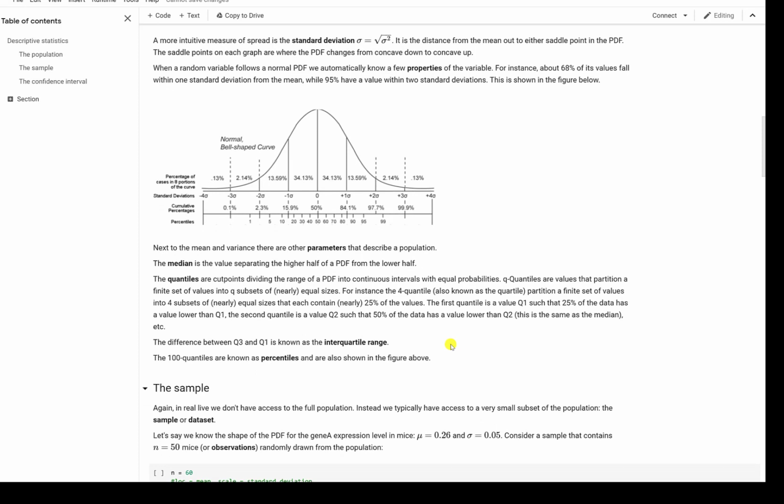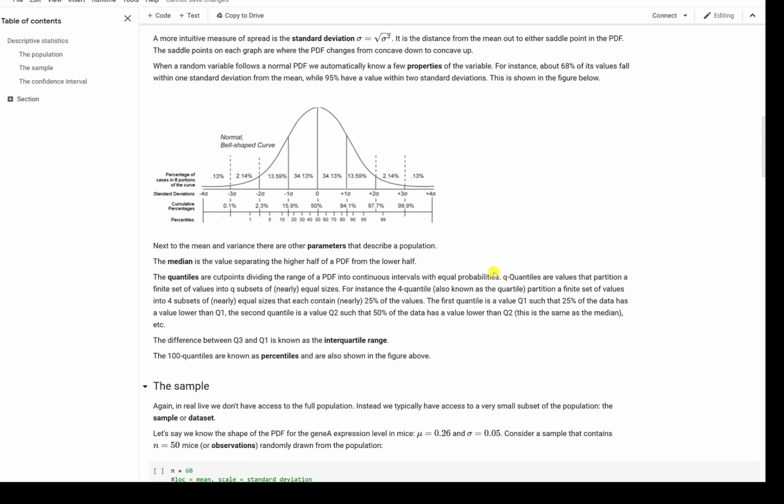Okay, and then of course I was talking about the q quantile. So the quartile is a 4 quantile. Okay, you can also have 100 quantiles, which we then know as percentiles. Right, and these are also shown here. So that's at the bottom. So we have this 1% percentile here, which means that 1% of the values of the random variable have a value lower than this particular 1% percentile. Okay,